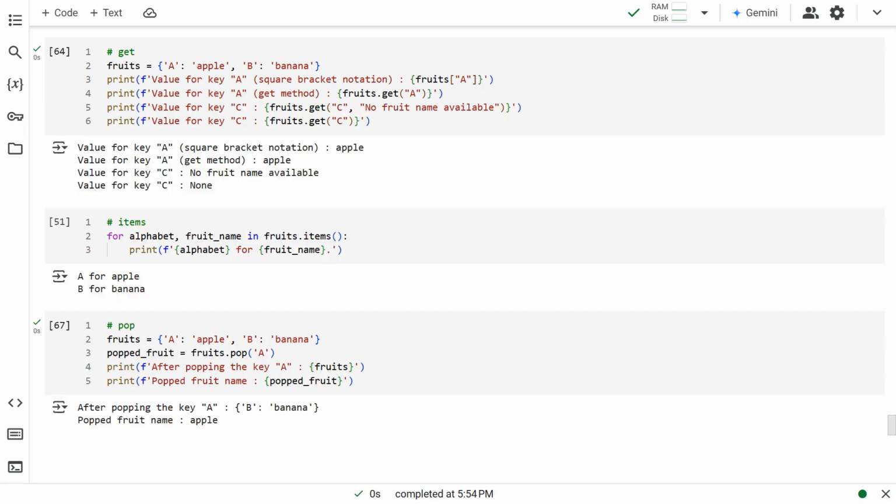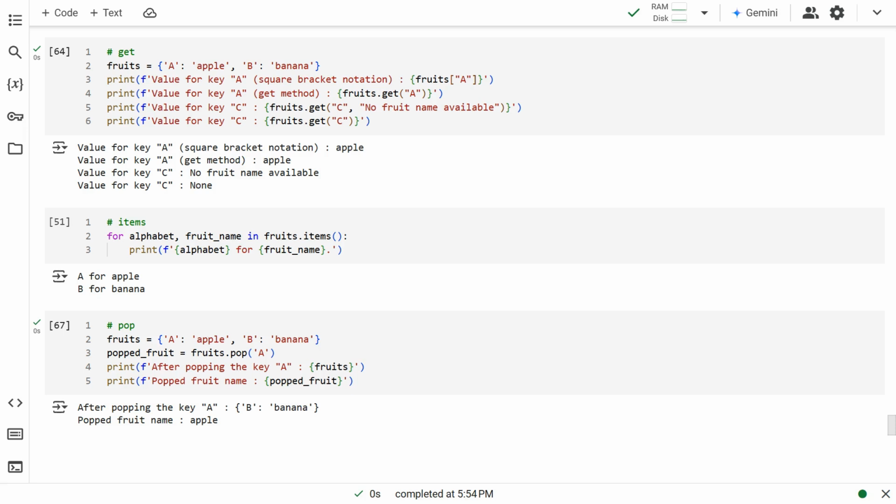The most common and straightforward way of looking up the value of a key is using the square bracket notation. We can easily pass a key inside square brackets, and the value will be returned. The problem with this approach is that it will raise a key error if the key is not found. So, the preferred way to get the value is using the get method.